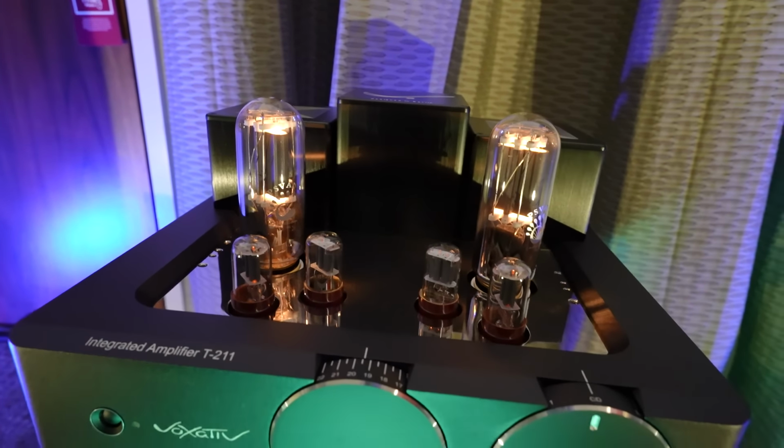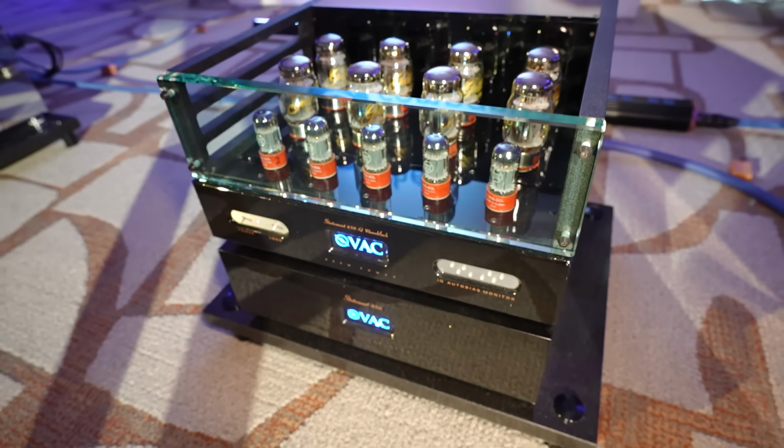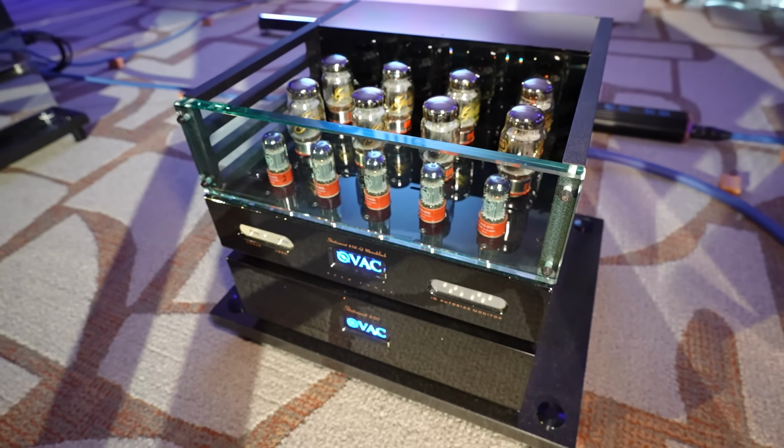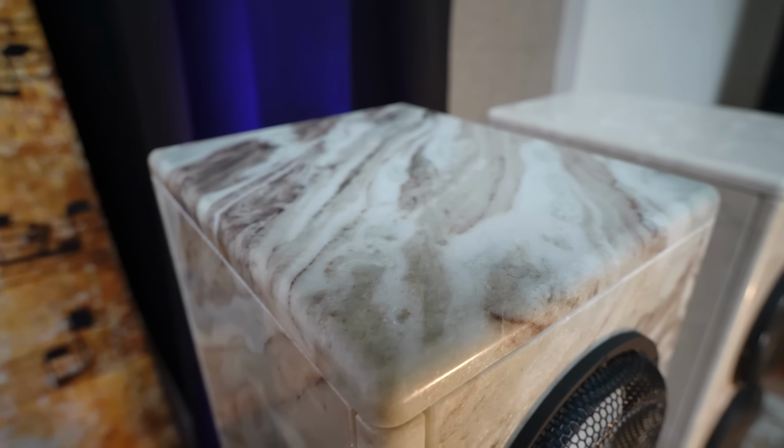The sound of the entry-level MRB model, driven by VAC tube electronics, was dynamic, balanced, and capable of high output in a very big room. We heard the largest MRC3 model with its high sensitivity of 92 dB, and it worked well with moderate tube power from VAC. Cabinets in this line are marble rather than Sikora's customary granite, but the base finish and optional